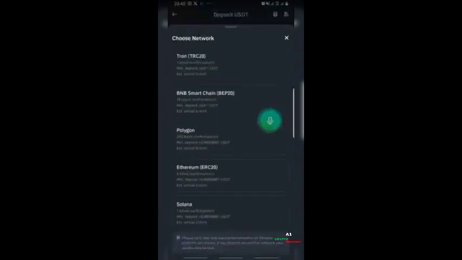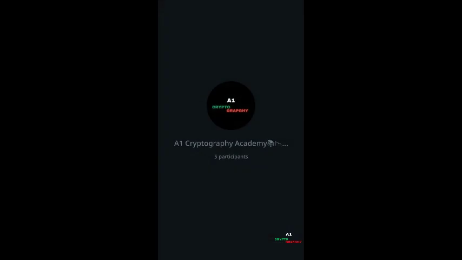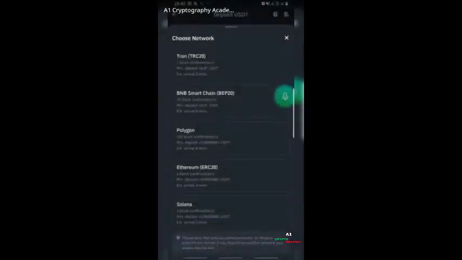Right about almost all of them. Okay, now my most favorite is always the Binance Smart Chain, or Polygon, because these two can be easily bought at the very smallest fractions. You understand? Unlike Ethereum, because of gas, you get. So both from the end of the person sending to you,